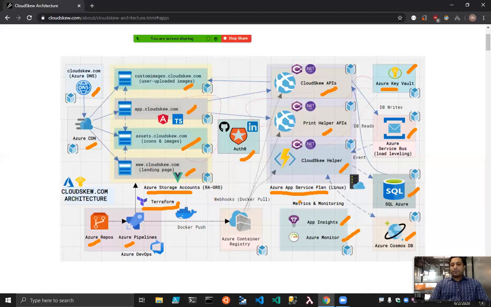And for the backend deployment, essentially we build Docker images and push them out to Azure Container Registry. There is a webhook in the container registry that wakes up these containerized app services, and then they go ahead and restart with the new image, pull the values out from the key vault, and bootstrap themselves back up. So that is pretty much how we built this on a Lego bed of Azure services.